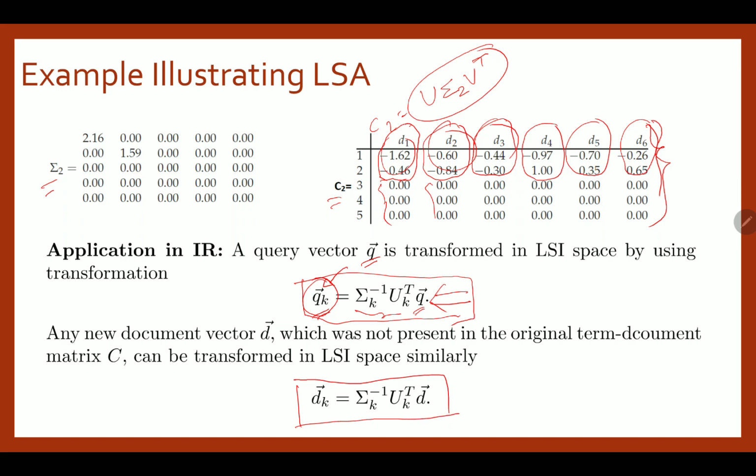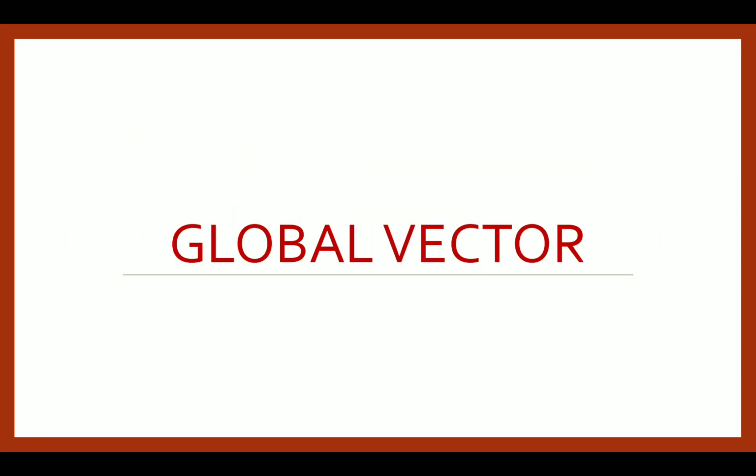Similarly, similar things can also be done with respect to words, if you want to obtain a representation of words using the term document matrix. So that's about LSA and how to obtain a dense and short vector representation, and next we will discuss the global vector